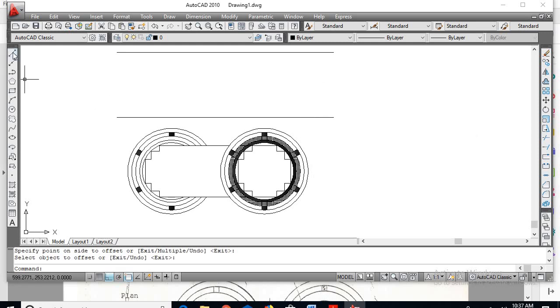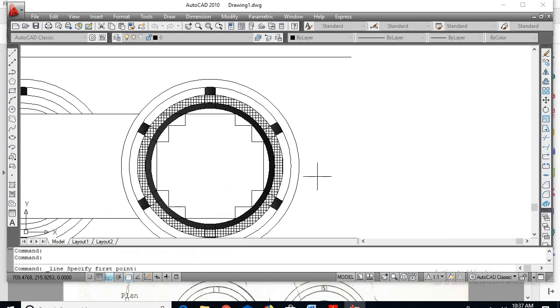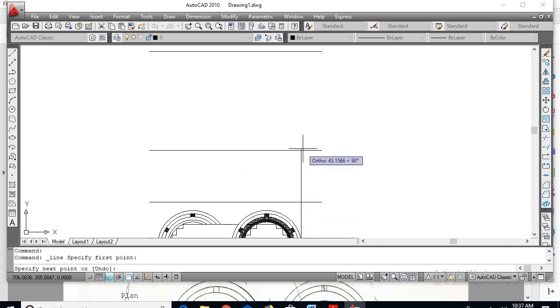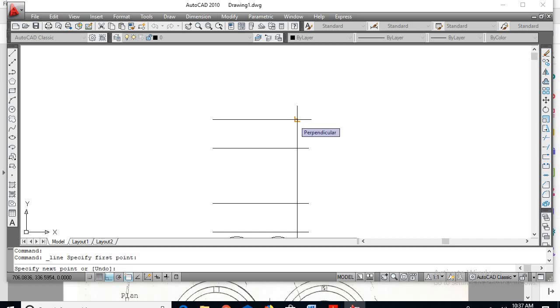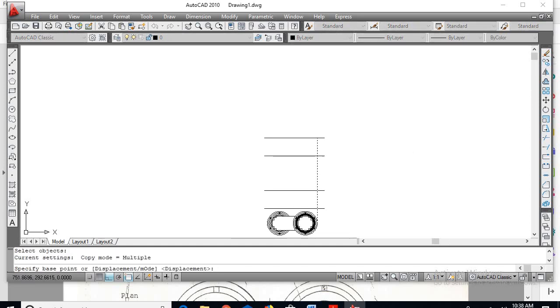So go for line, extend the line from the outer circle. So I have not shown the windings in the HV, so later I can show. So from here extend the line to the top of the elevation part, that is up to this line. Now go for copy, select this line, enter.